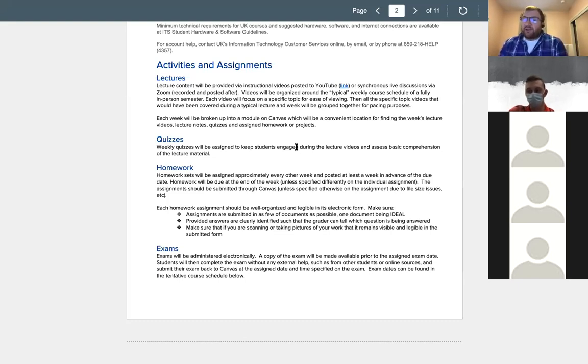So we're all doing our best. This isn't ideal, obviously. I would prefer an in-class course, but this is what we've got, so we're going to work it as best we can. If you have any comments or concerns about the structure, please let me know as soon as possible. I will try to make accommodations if I can. We haven't done this that many times, so if you have any suggestions, I can try to incorporate them into the course.